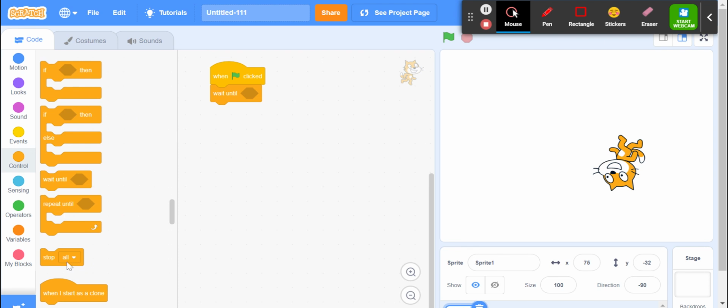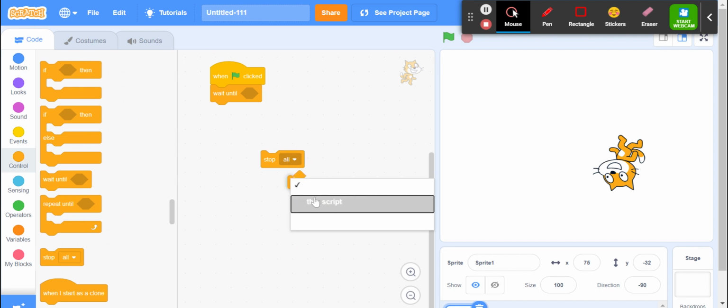And then we have the stop block. You can choose different things. This is my computer, that's why it's happening like this, but on other computers you can see different things. All, this script,